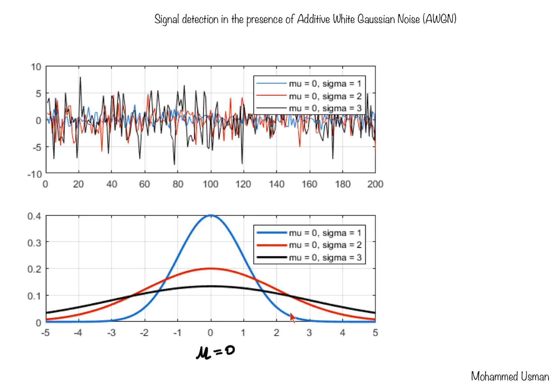Any value greater than +2 or less than -2 has a very small chance of occurring. It occurs very rarely, but most of the time the signal is lying between -2 and +2